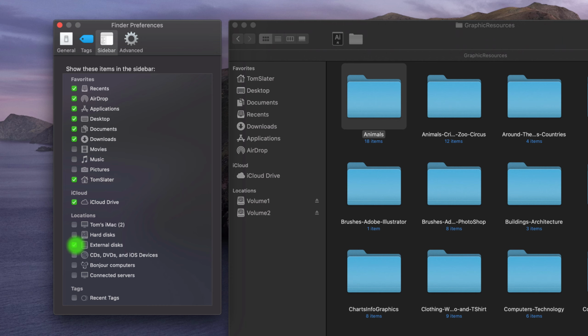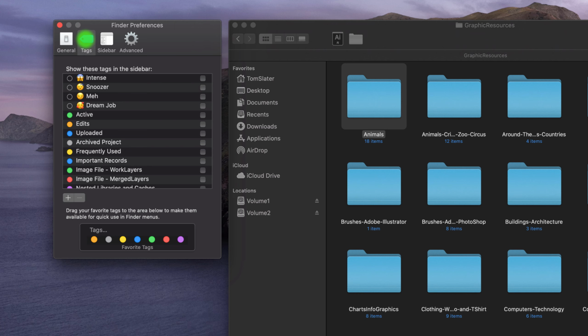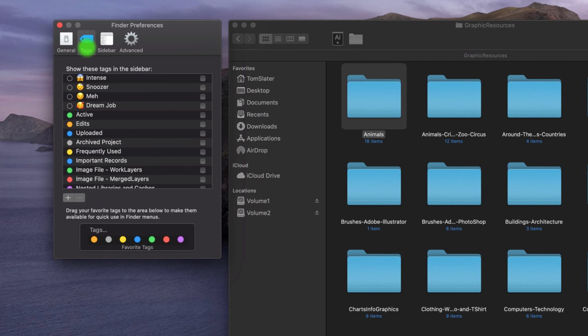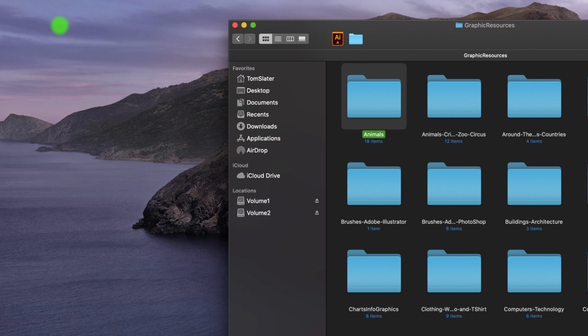And finally, at the very bottom of our Sidebar tab is this Tags checkbox, which works in tandem with the items found in the Tags tab. Tags are a super powerful means of retrieving files at breakneck speed, and that topic of discussion also earns its very own video. Having checked a few boxes, let's close the Finder Preferences panel for now and drag on some